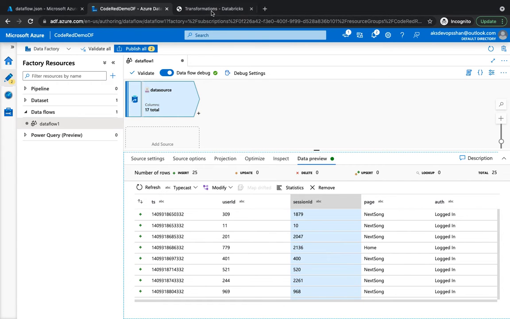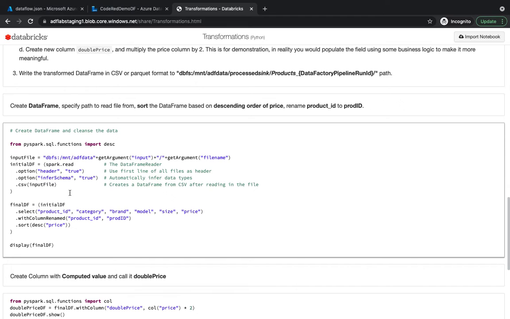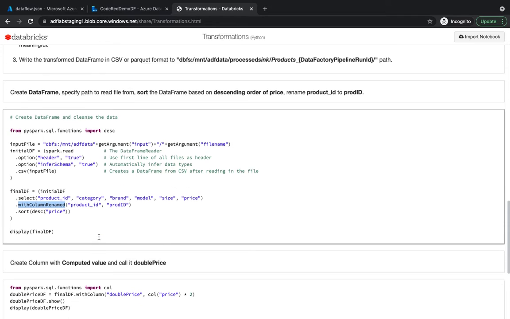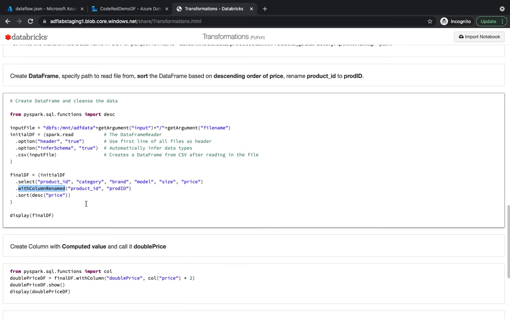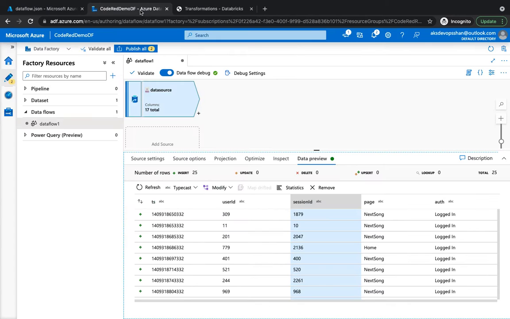So if you take a raw example, over here we have also done some select transformation. If you see, we've done a select of multiple columns. What we wanted to do is select these columns and then rename them as well, and all of that had to be done using Python code. What we're going to do is perform the same step, however we're going to do it